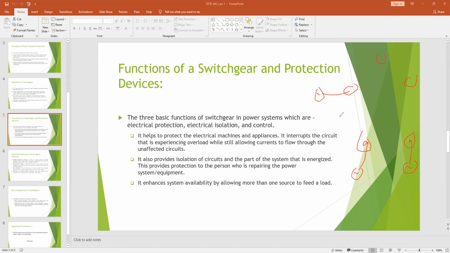That means the generating stations would supply particular divisions or zones in a country, and none of these were linked. You see, there was no link between the Rajshahi grid and the Dhaka grid, or the Dhaka grid and the Chittagong grid, or the Dhaka grid and the Sylhet grid. There were no direct connections. So this type of grid system is often termed a distributed grid system. Okay, have you got the point?